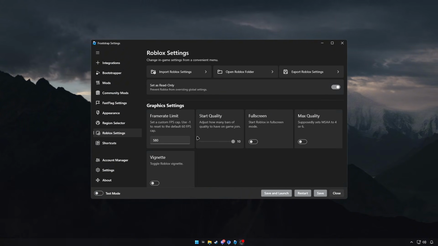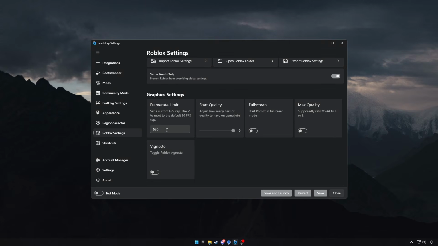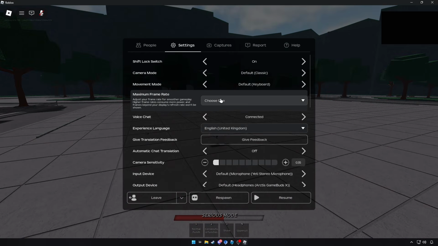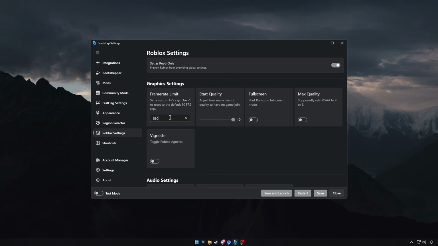Finally, we are up to Roblox settings. So there's only 2 settings in here that are beneficial, but there is 2 other settings that I do want to show you. So first, we got frame rate limit. The way that this frame rate limit works is basically the one in game. So when you press escape, you will see choose a frame rate, which goes up to 240. Changing this value to a value like 580, to make the game use 580 FPS if you can reach that. Now, I'll explain how the physics FPS affects this pretty soon, but I'm going to go over the first 2